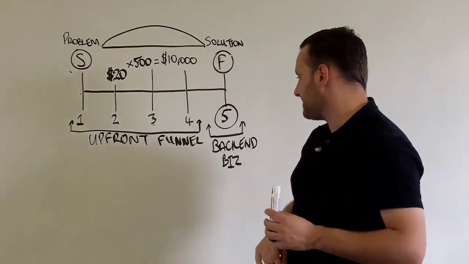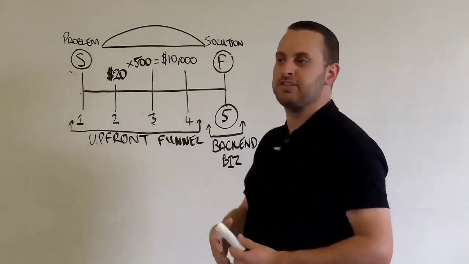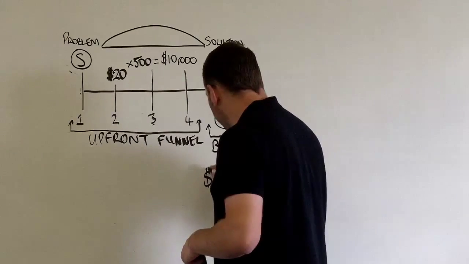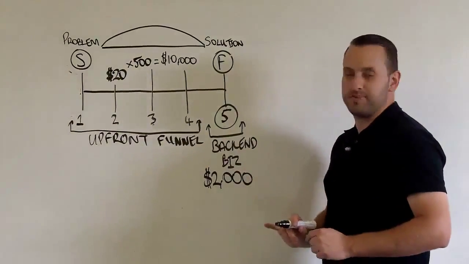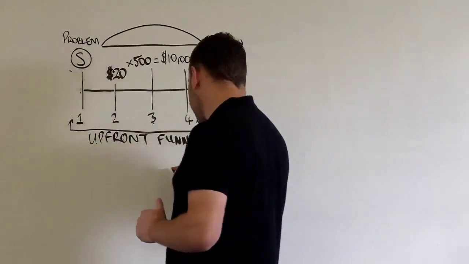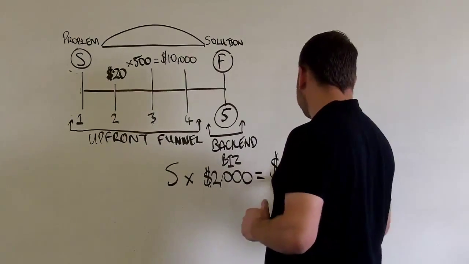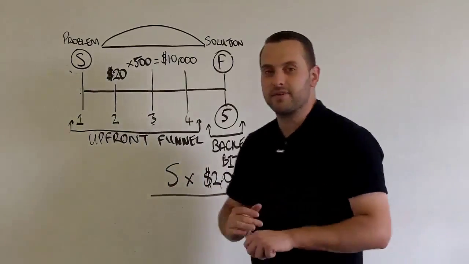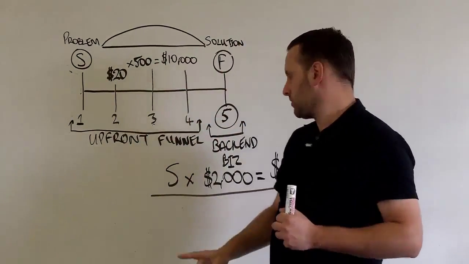Now, in the back end of your business over here, you may have an offer that, let's just say, is a reasonable price back-end offer of $2,000. So here, in the back end of your business, with the wishing well process, you're able to make $2,000 per sale. So now for this same $10,000, how many do you need to sell? Just 5. And you've got the exact same amount of money. So just think about this for a moment. What do you think's easier? 500 people or just 5 people?